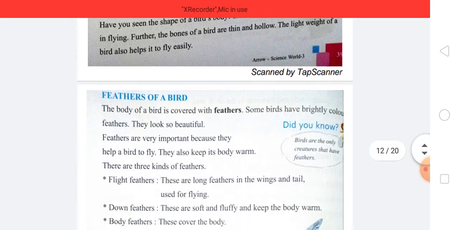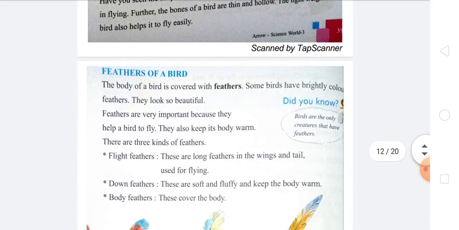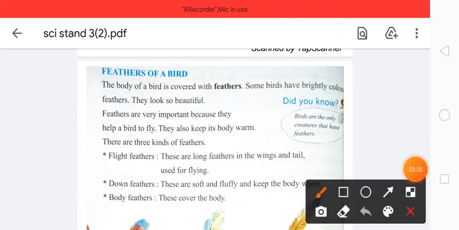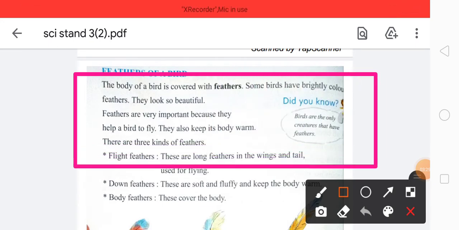Okay, then after that, the feathers of a bird. The body of a bird is covered with feathers. You can see many feathers appear on a bird's body, and some birds have brightly colored feathers, so they look very beautiful. Birds are the only creatures that have feathers.